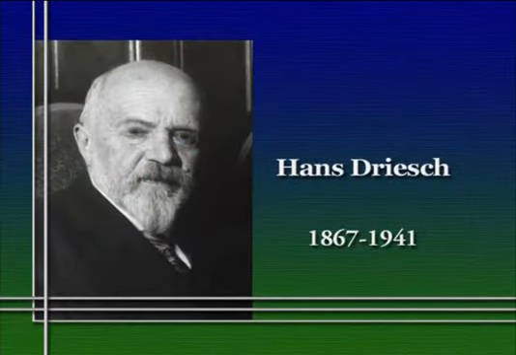Now, in the early 1890s, another German biologist, Hans Driesch, performed a very similar experiment, but in a different way that avoided this confounding factor. Instead of frogs, Driesch used sea urchins. And instead of killing one of the blastomeres following the first division of cleavage, he physically separated the two cells. Now, the way he did this was very clever as well.